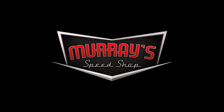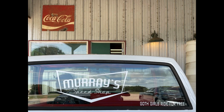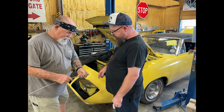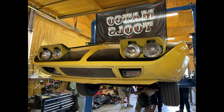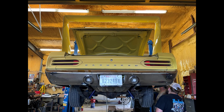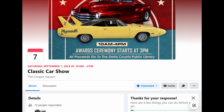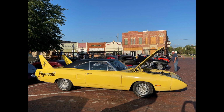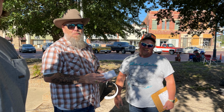Murray's Speed Shop, located in Cooper, Texas, is the cool hot rod shop where I saw this bird flying high first. Shane Murray and his team were fixing the car up a bit. Then, on September 7th, at the Cooper Car Show, I saw the car in the wild. Got a few more pics and vids, plus met the owner, Kevin, who gave me a lot more details about